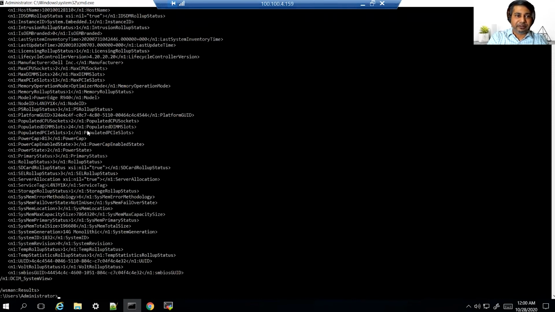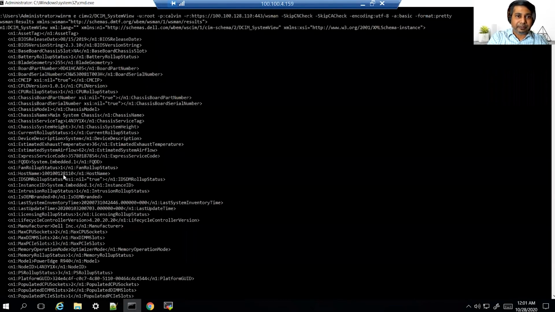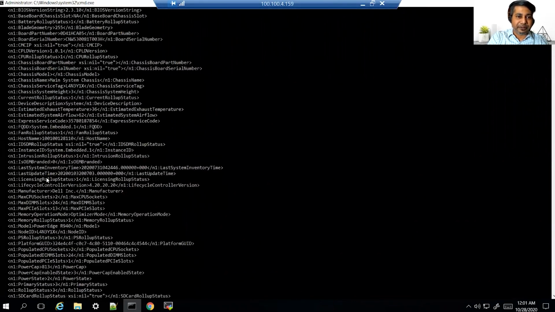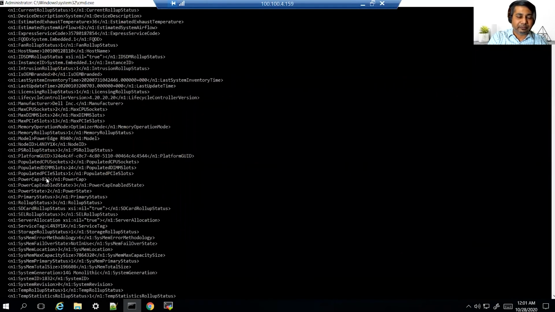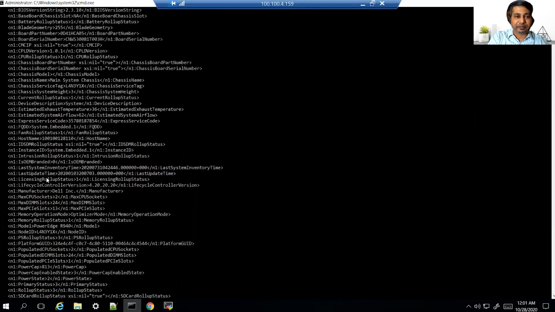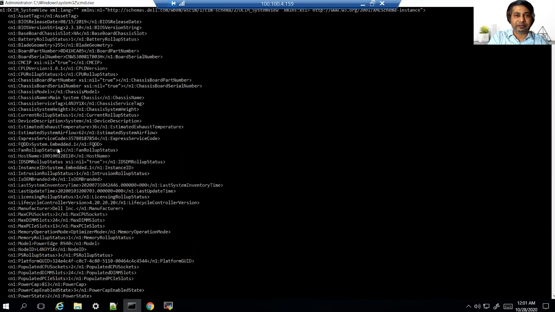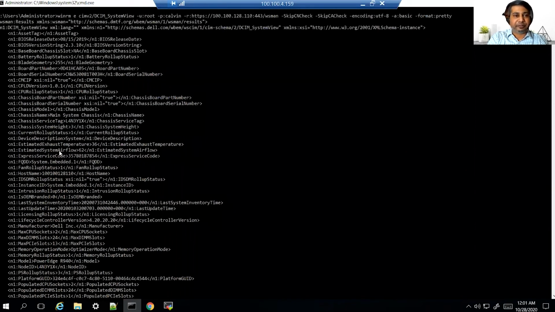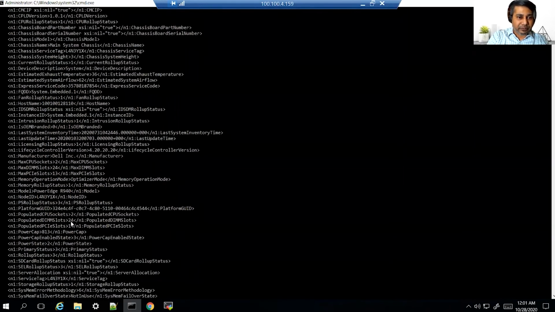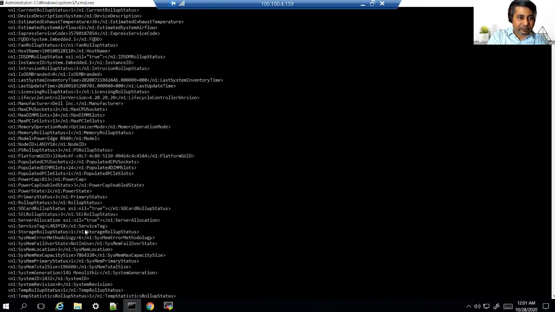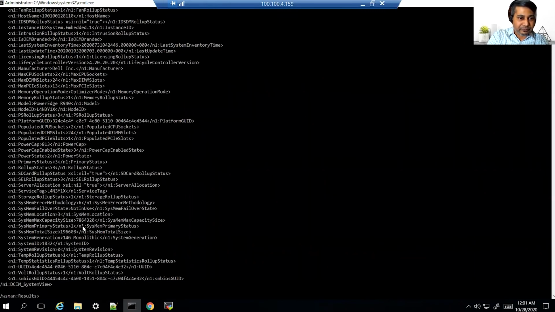If you could note down, this is responding to the WSMan calls, and it's responding in typical XML format. And since this uses XML as an output format, this is a SOAP based protocol. Also, something to note down is the service tag. If you note this down also, you'll be able to see that the service tag for the Redfish and the WSMan is matching.